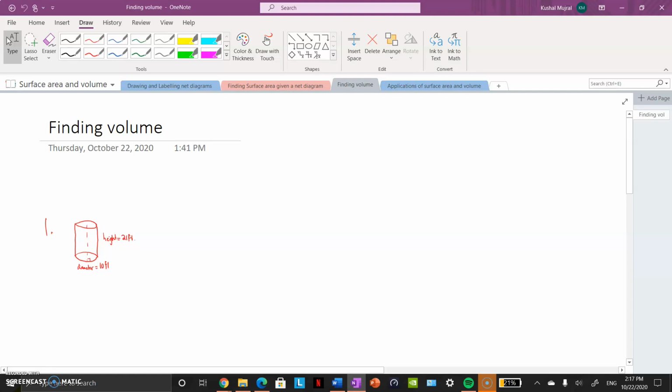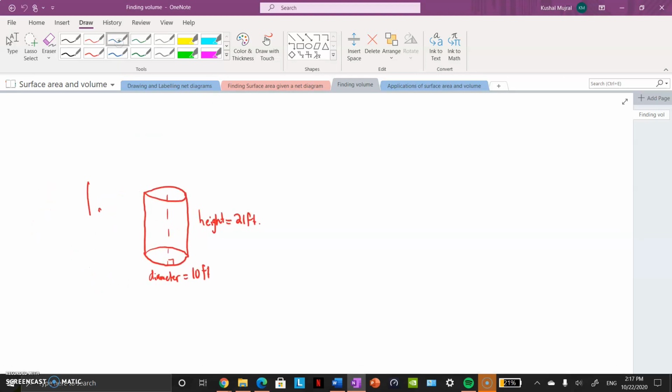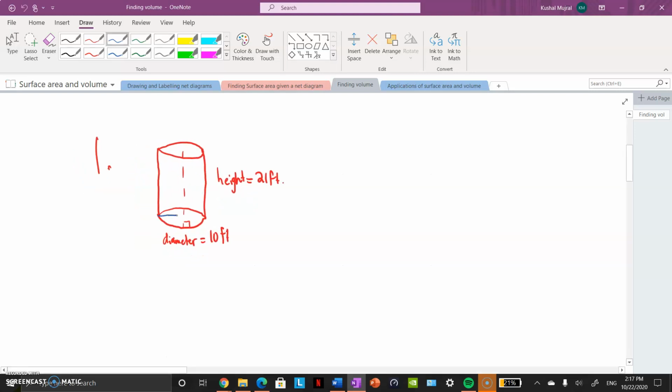Welcome to finding volume of rectangular and triangular prisms and cylinders. Let's take a look at this question over here. So, we're given the diameter right here, and we're given the height over here. Okay? So, imagine that we have a cylinder,